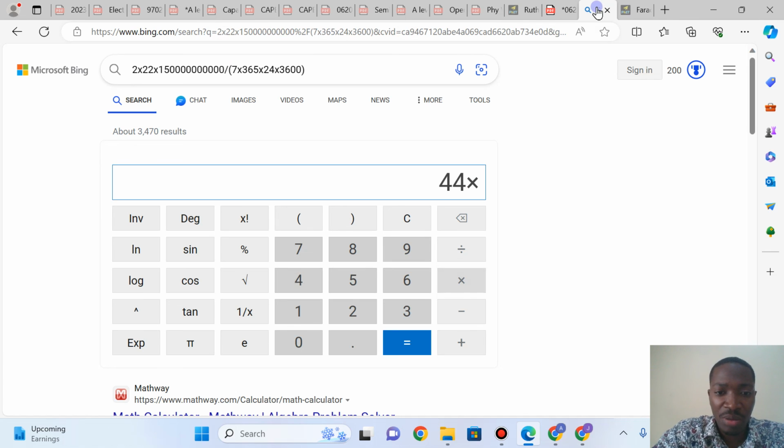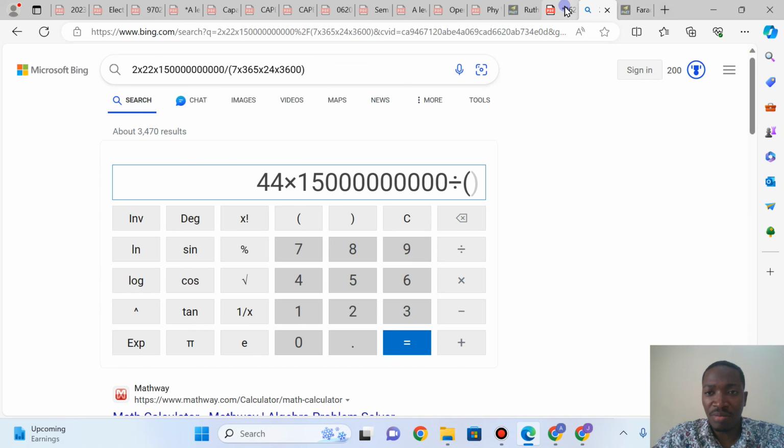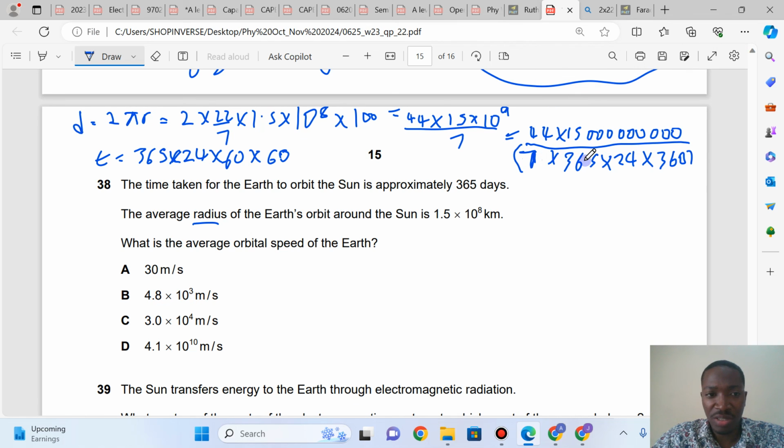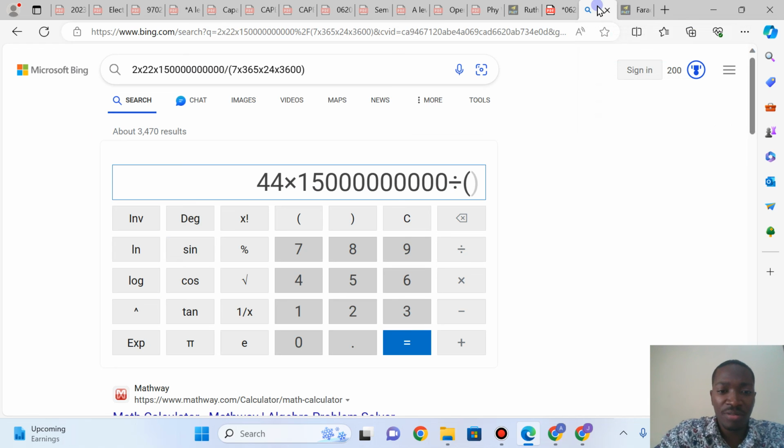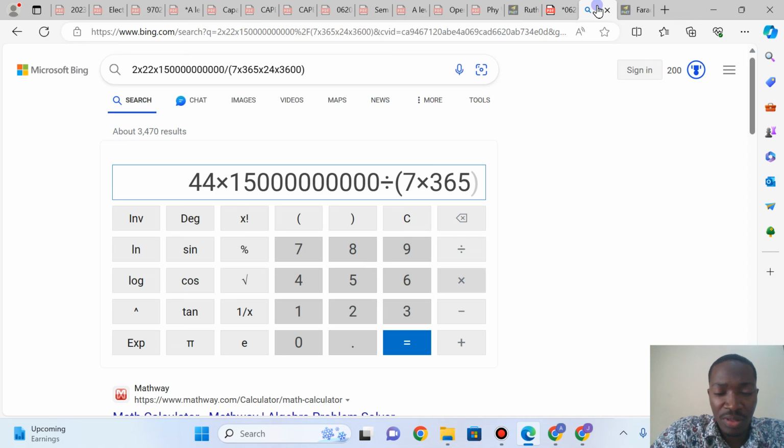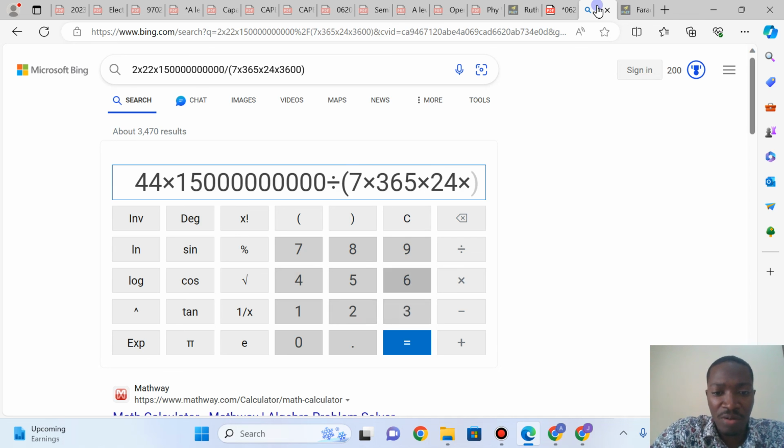I'll divide it by, open a bracket, then I'll press 7 times 365 times 24, then a day. 365 days, a day converts to hours, an hour converts to minutes and seconds directly. That's 3600, equal to